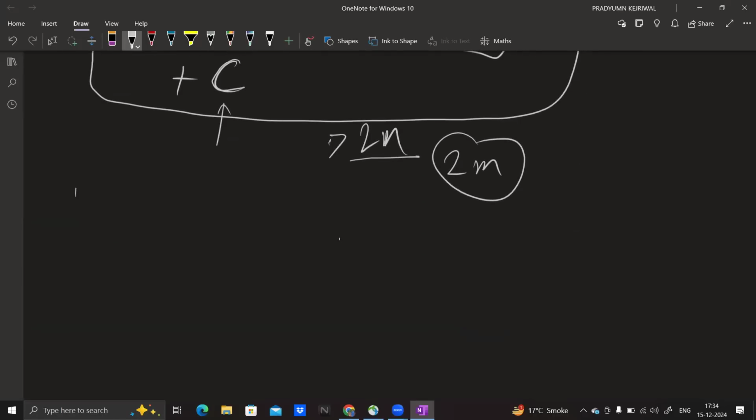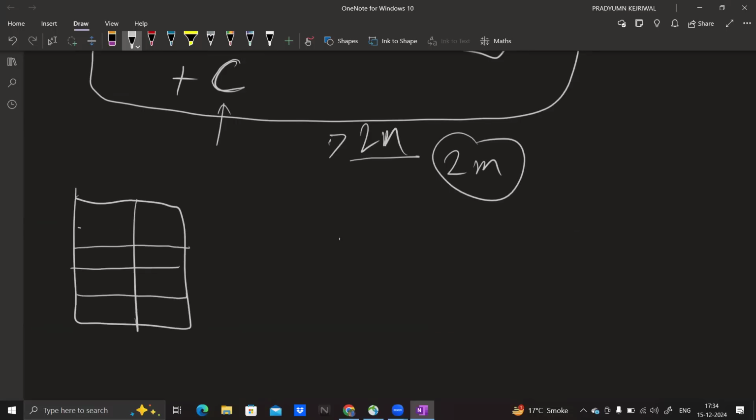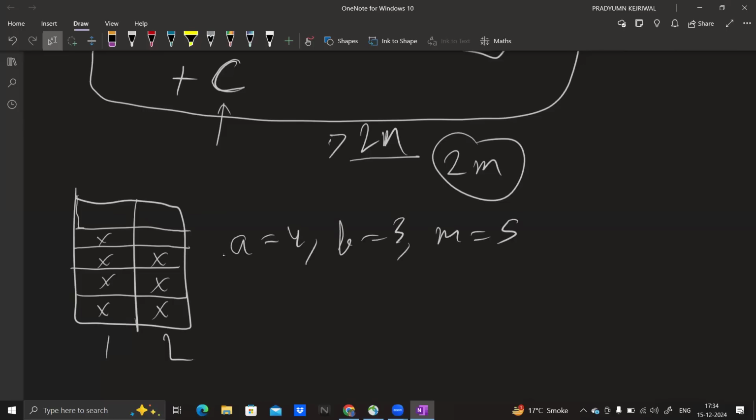Like this is the grid. This is row 1. This is row 2. Now suppose I am filling this row with 4 A-type monkeys and this row with 3 B-type monkeys, and now I have 3 seats left. Like this is the case for A equal to 4, B equal to 3, M equal to 5, and let's say